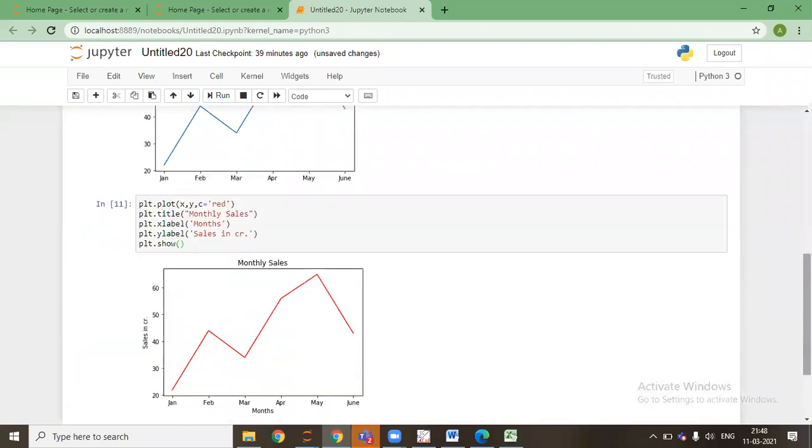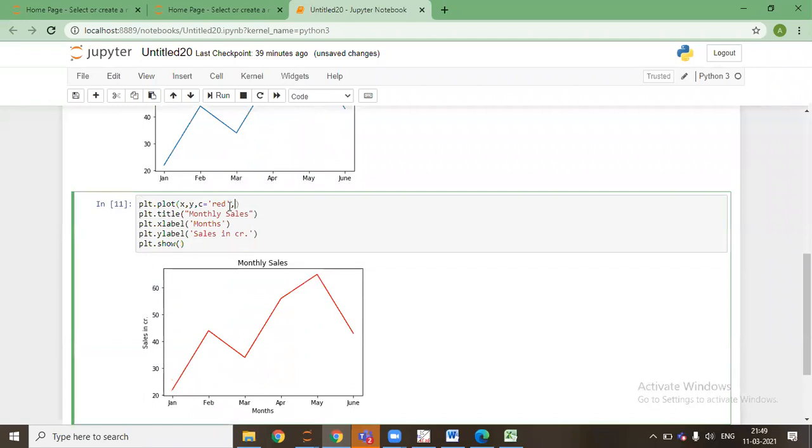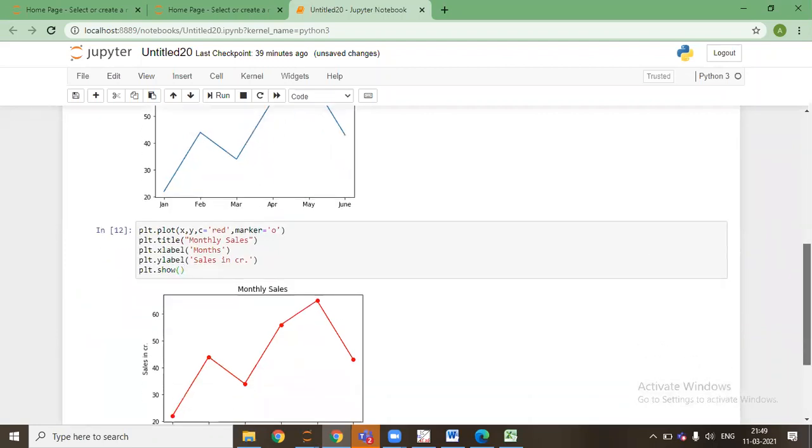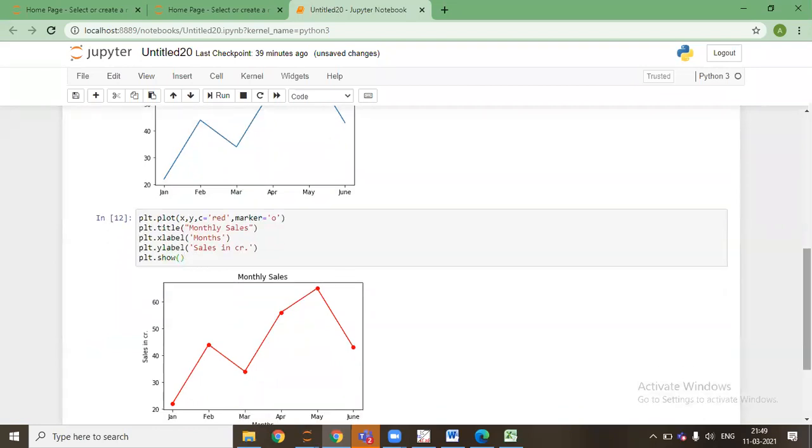And in case I need to add a marker to it, marker is the dots, wherever the actual points are. I'll say shift enter. You'll be able to see that certain markers are coming here. These are nothing but the points that are coming into consideration.